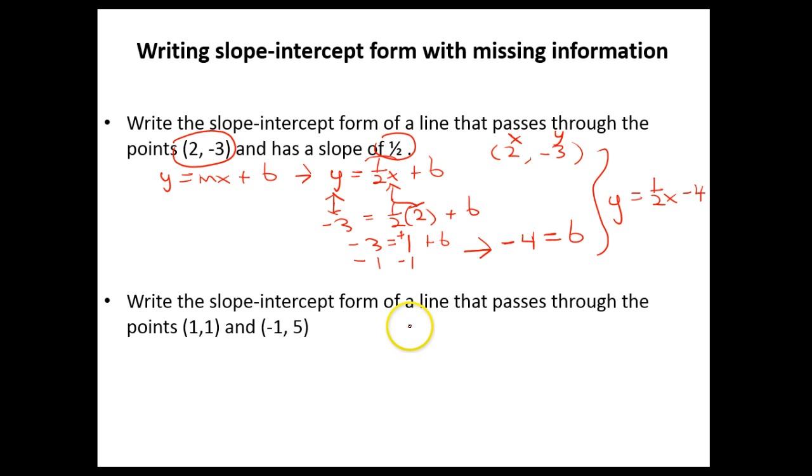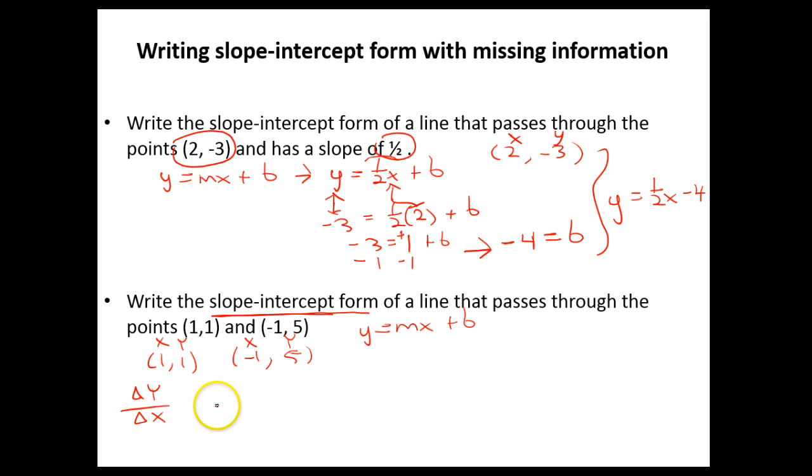Now, sometimes they may not give you a slope. They may give you 2 points. So what I have is (1, 1), and I have (-1, 5). I have an x-coordinate, a y-coordinate, an x-coordinate, and a y-coordinate. I also know that I need slope-intercept form, which is y equals mx plus b. Alright? I don't have a slope and I don't have a y-intercept, but from the last lesson I know that I can find the slope of 2 points by finding the change in y and dividing it by the change